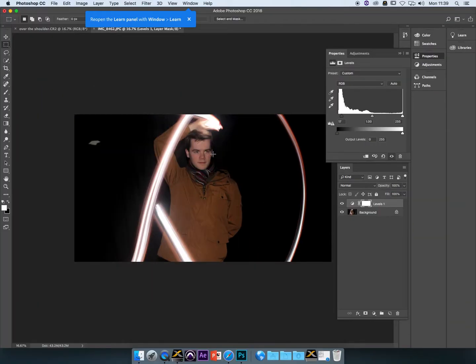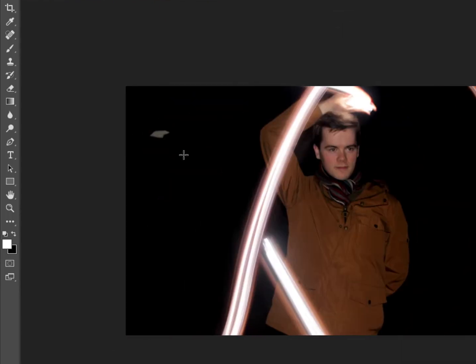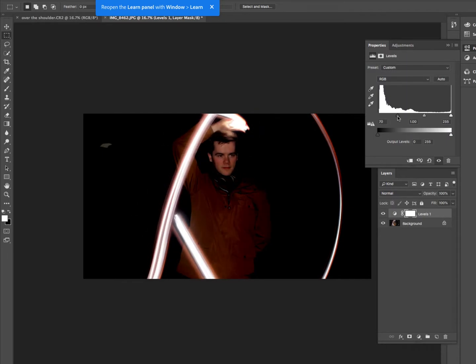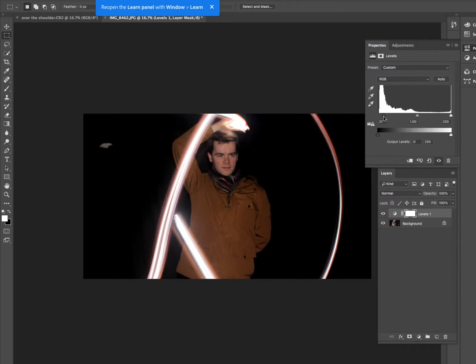Now you'll also notice that it has an effect on our subject as well, but that's because it's being applied to the entire image, and we're going to sort that out in a minute. So if you want to, you could even push that a little bit further and make sure that all of the black areas or the curtain areas are gone. You can see now it's pretty much flat black. But you don't want to go too far. If you go too far, then you're just going to start eating into the tones in the skin, things like that. So with the curtain just about black enough,